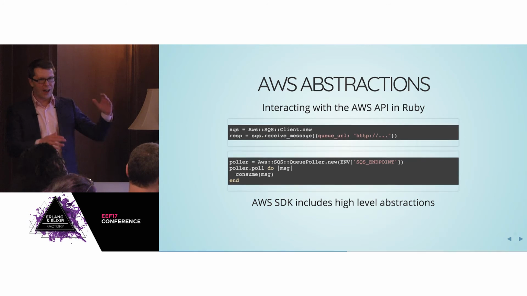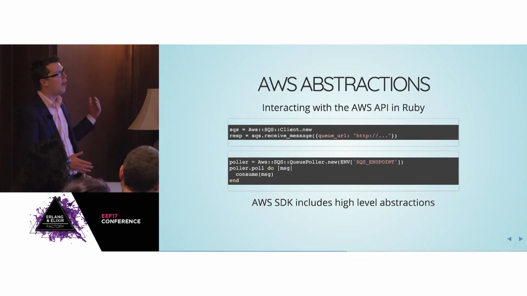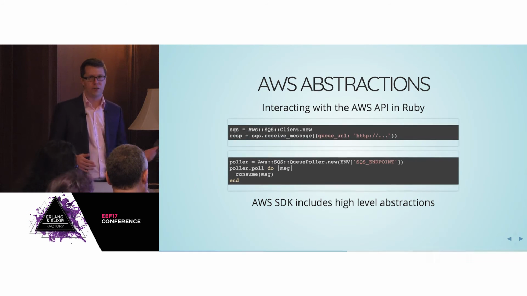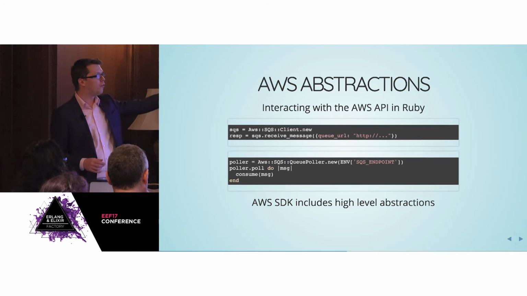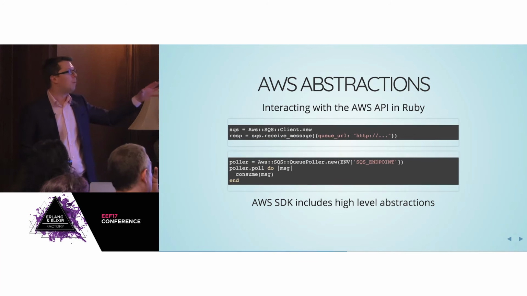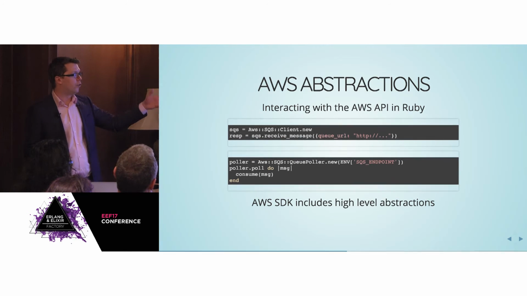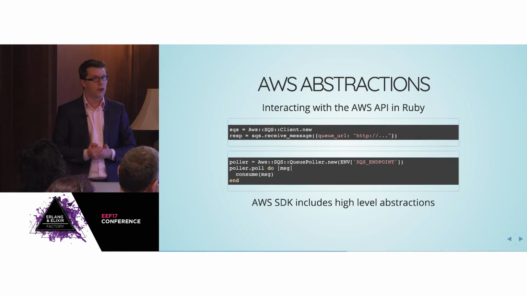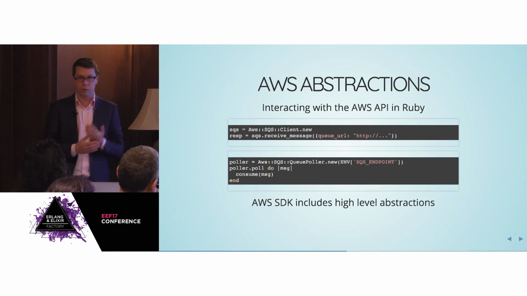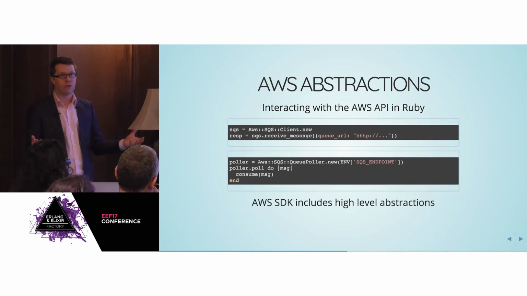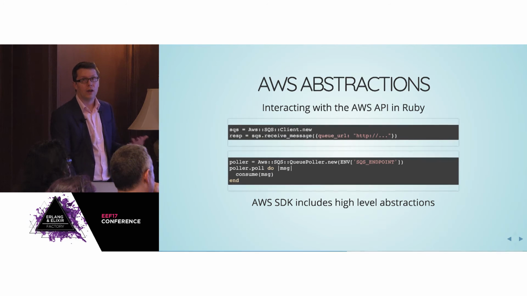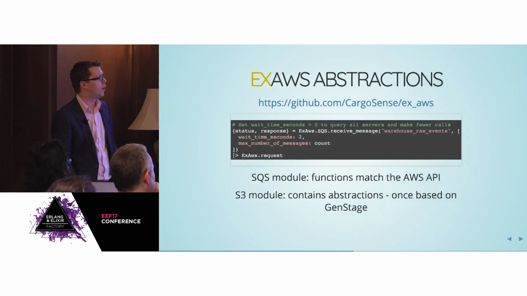This is the key part of my talk. I used a couple of libraries to work with this. When I built the application in Ruby, I used the official AWS SDK, which does provide low-level features for interacting with SQS. But because it's been around for a while and it's very mature, it also has higher-level abstractions, like the queue poller, and it makes a good argument for using it. It says it uses long polling to keep your costs down, and it's already built for you. So I thought it makes sense to use this, and it had a very profound impact on the architecture of my whole application, and led to the scaling issue that I mentioned.